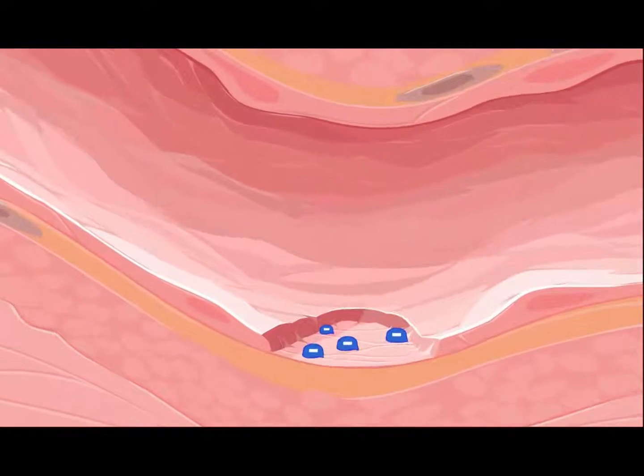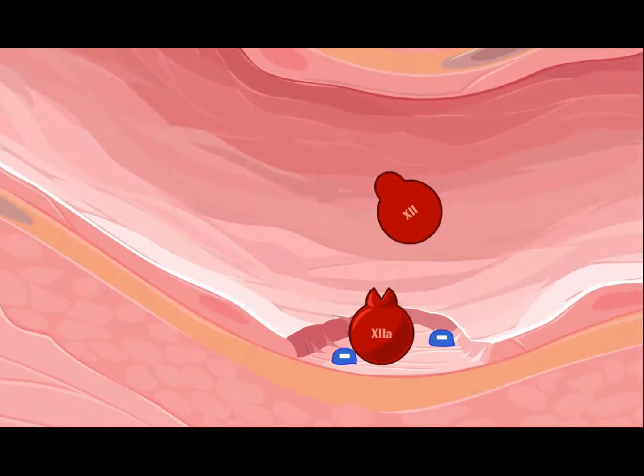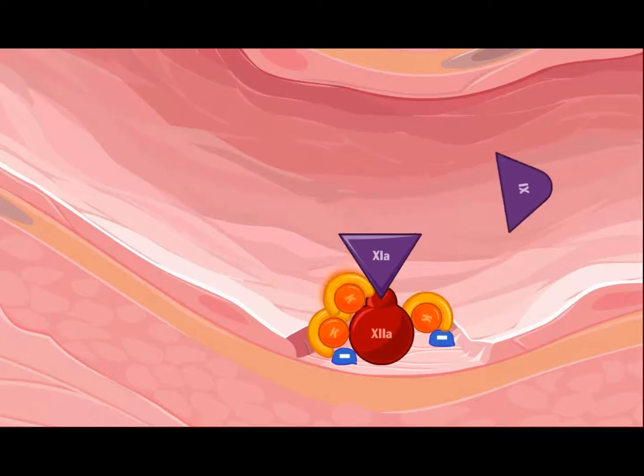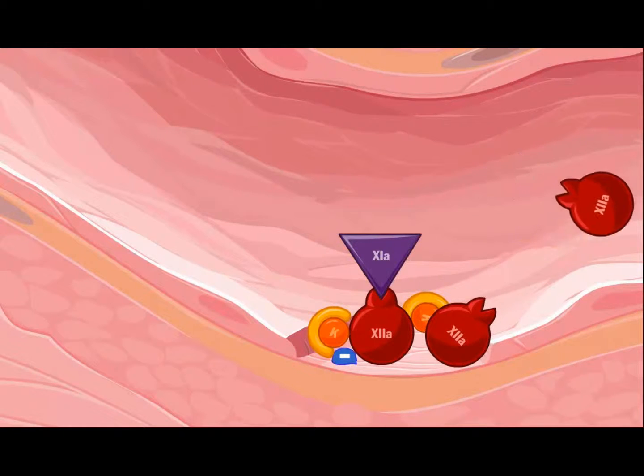Now, once activated, the serine protease activity of factor XIIa cleaves and activates its substrates prekallikrein and factor XI into kallikrein and factor XIa. These proteins are basically anchored to the subendothelium by a high molecular weight kininogen. Kallikrein serves to amplify the activation of the intrinsic system by activating neighboring molecules of factor XII.